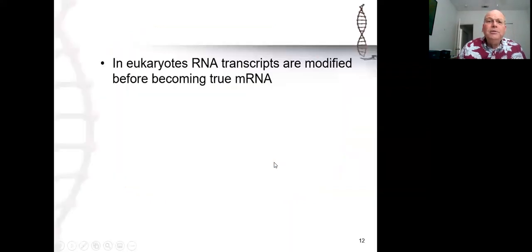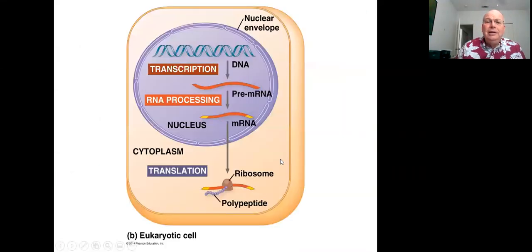When we look at the flow in eukaryotes, it's a little bit more complicated. Number one, it can't occur in a single compartment as it would in a bacterial cell, because now the DNA is locked away inside the nucleus. So transcription takes place in the nucleus, but we know the ribosomes are out in the cytoplasm. That's chapter 6 if you've forgotten. So you might want to go back and take a look at that if you've forgotten the location of all of these organelles.